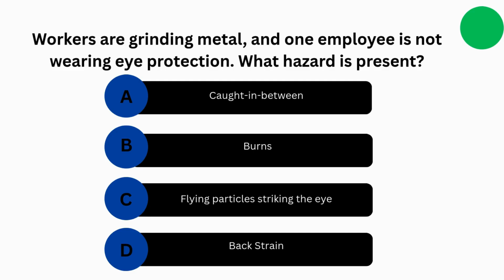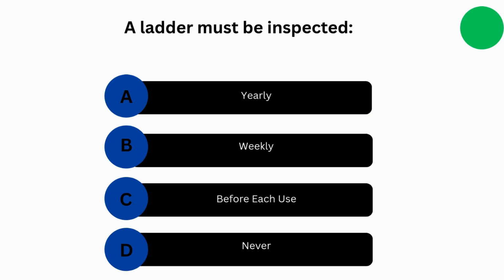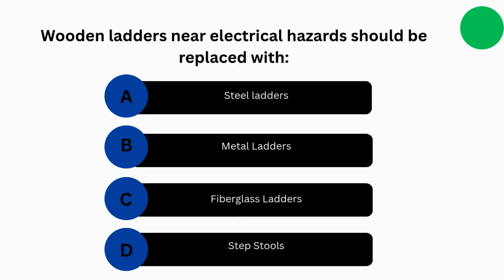Workers are grinding metal, and one employee is not wearing eye protection. What hazard is present? Flying particles striking the eye. When using an extension ladder, it should extend at least how many feet above the landing? 2 feet. A ladder must be inspected. Before each use. Wooden ladders near electrical hazards should be replaced with